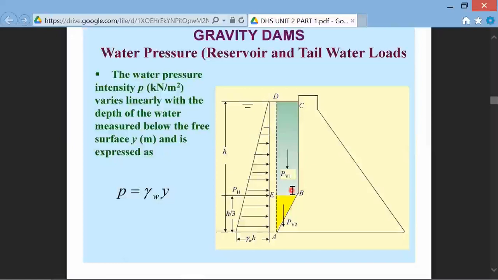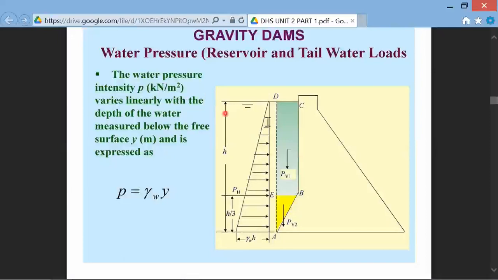This is the reason, because there is a huge, tremendous water pressure. So the formula for that water pressure is gamma W multiplied by the depth, right? The unit for gamma W is kilonewton per meter cube, and the unit for depth is meter. So the meter will get cancelled, and for the water pressure you will get kilonewton per meter square. So this unit is given here, kilonewton per meter square.